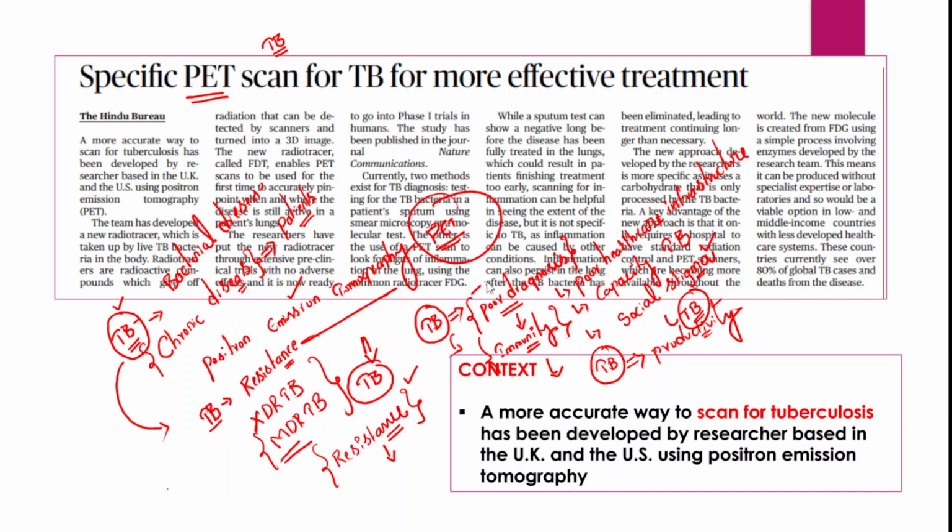So since diagnosis is very important with respect to TB disease, recently a new method of scanning for TB has been discovered by a team of researchers from the United Kingdom. That method is known as the positron emission tomography method for scanning, for more effective treatment of TB. Once we scan the TB, that would help us give a more effective and accurate treatment to TB patients. Right, a more accurate way of scanning for tuberculosis has been developed by researchers based in the UK and US using this PET method,